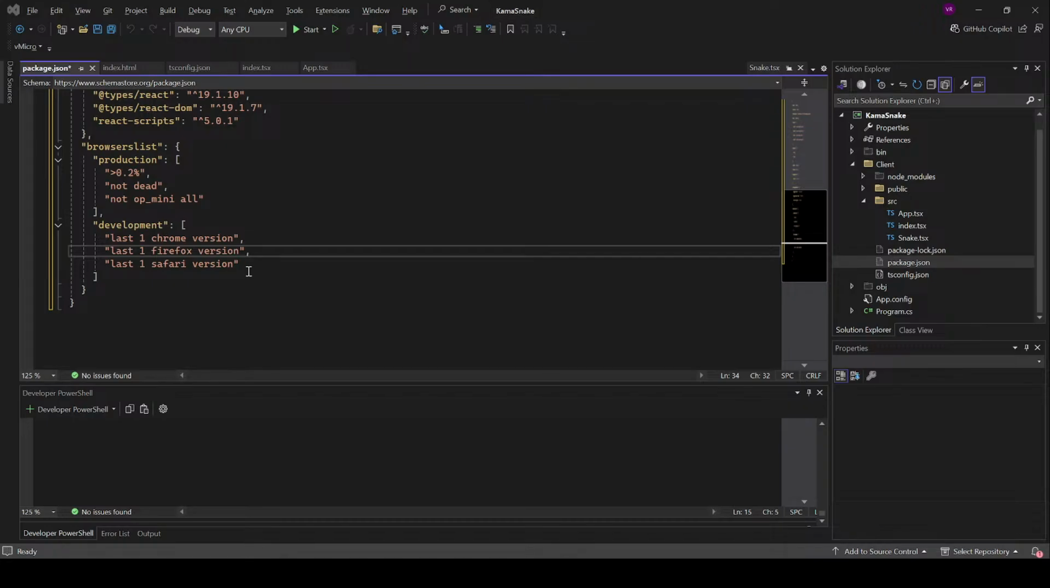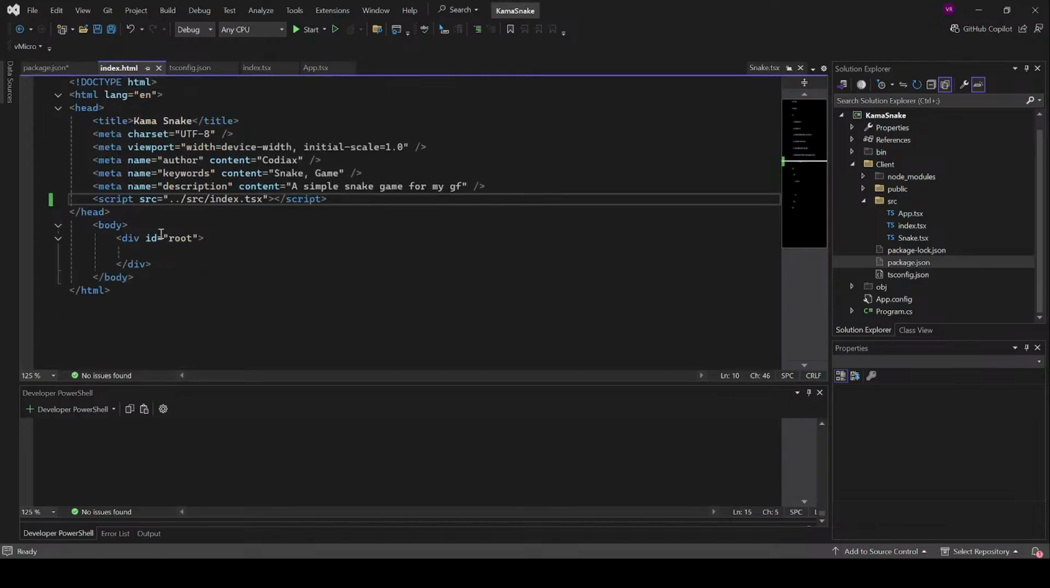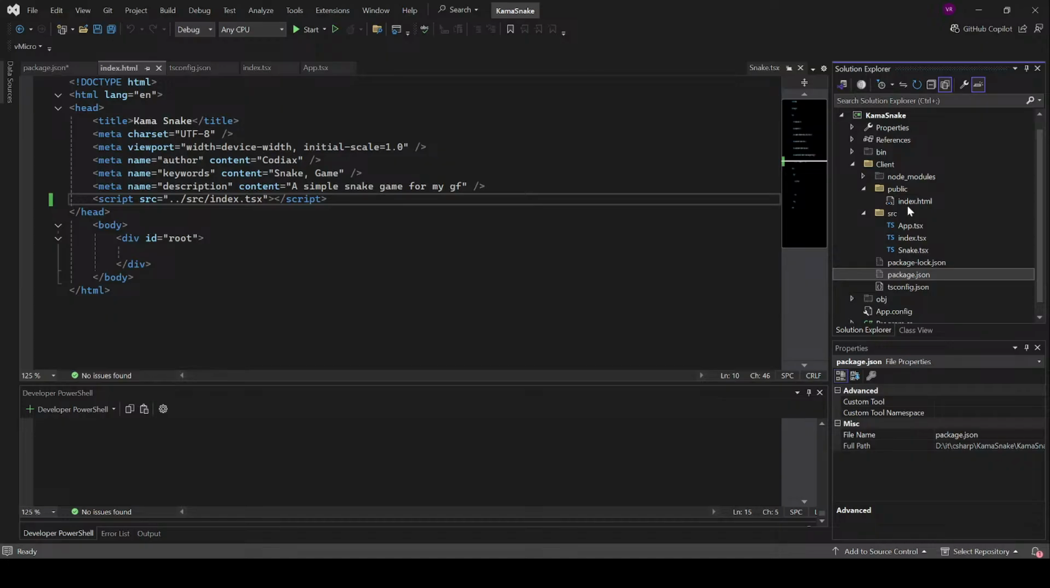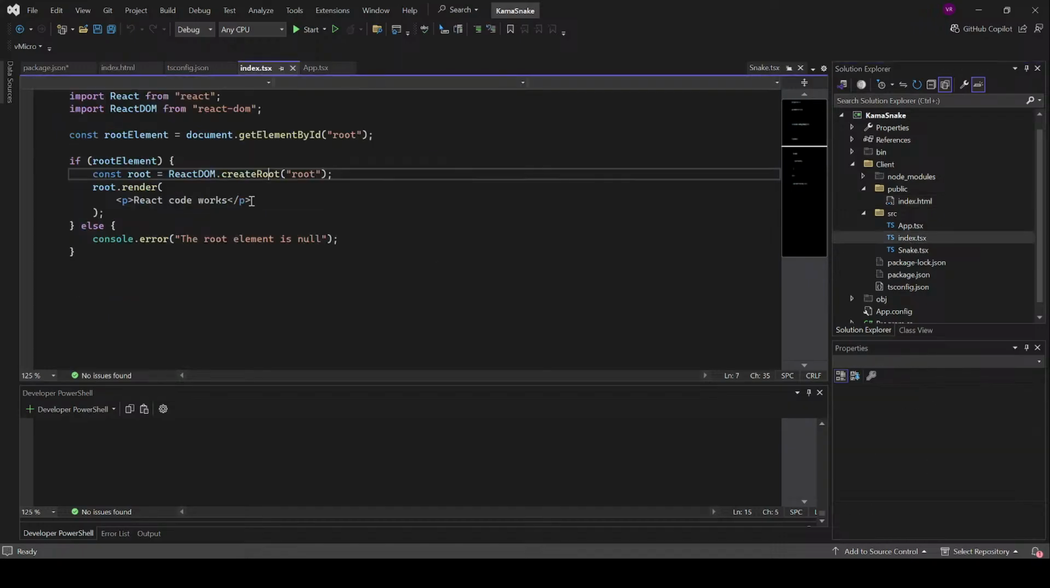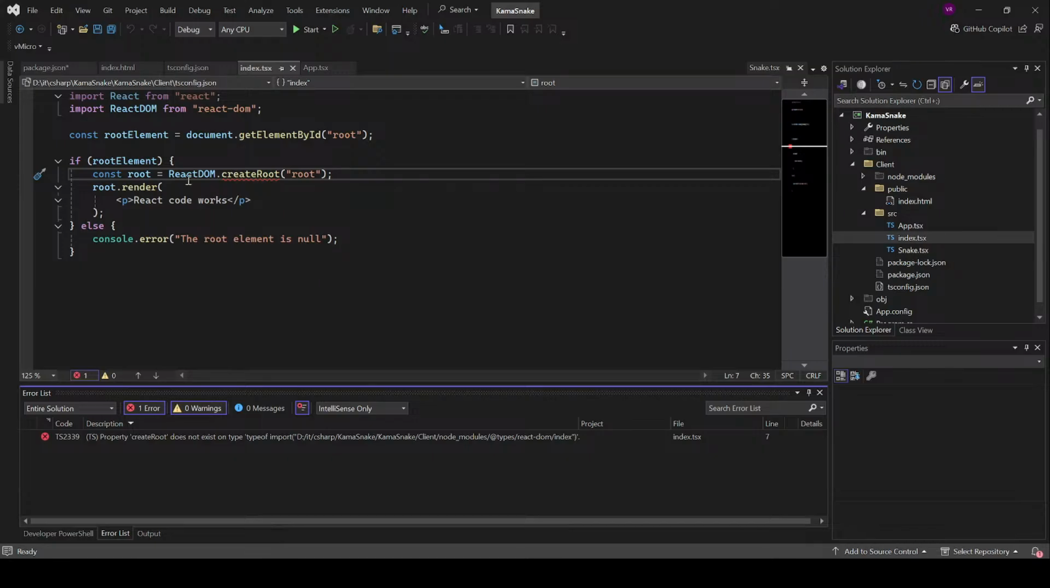I'm passing the wrong object. Wait, I'm not sure what's happening here. Let's go to public index.html. No, that's not what I meant. Index.tsx, and we see the error is here. And what we wanted to do is actually